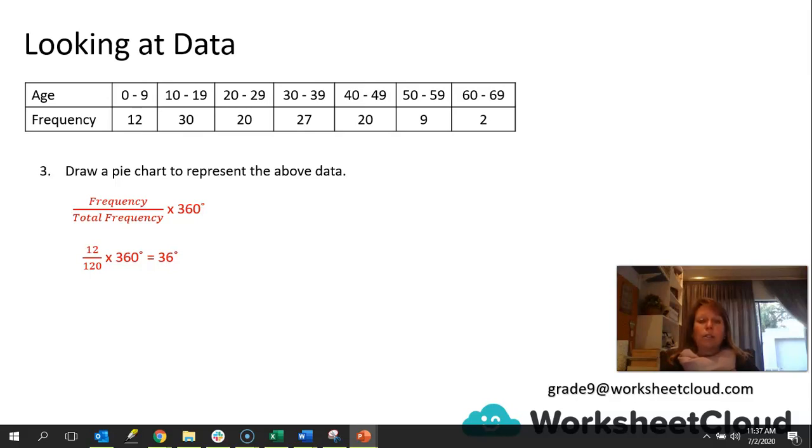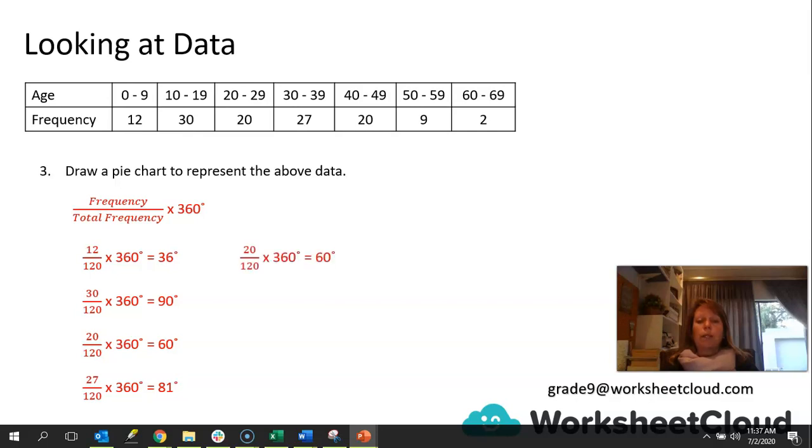And we'll go through that just now on exactly how to measure it off. But let's do the rest of the frequencies and figure out how many degrees we are going to need for each one. So the next one is 30 over 120 times 360. As I said to you, what you can do is just go 30 times 3, because we know that 360 divided by 120 gives us 3. So 3 times 30 is 90, 3 times 20 is 60, 3 times 27 is 81,